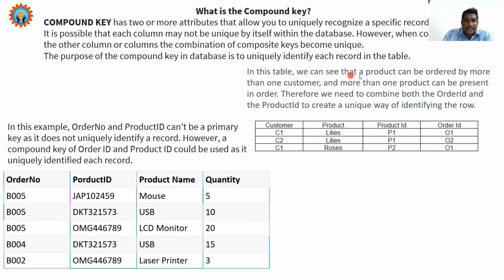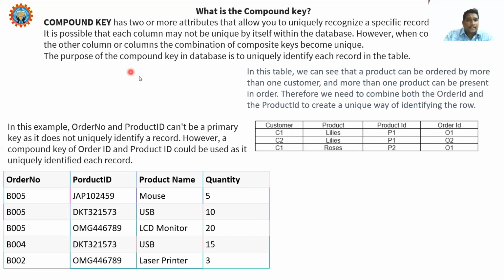In this table we can see that a product can be ordered by more than one customer. So you have customer ID and order ID. This is customer C1 and C1. He orders P1, P1, order 1, order 1. So based on order 1, I get P1. Based on order 2, I get P1. Okay, I hope you understand. So even though these two are non-primary attributes, based on a particular attribute, you can retrieve the particular tuple data. Okay, next.